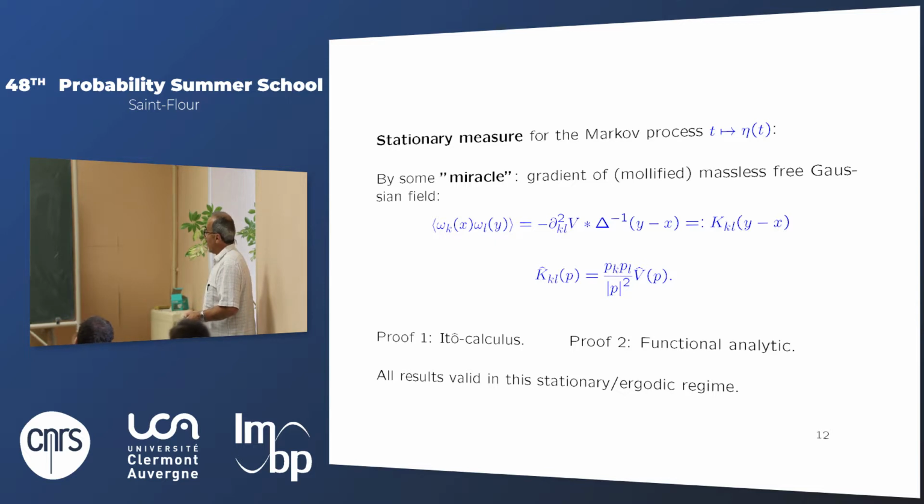What you see here is that it will be zero mean, and its covariance will be a covariance matrix between spatial positions. It's clear what I mean. So take the k-th component at the position x and the l-th component at the position y, because these are vector fields. It will be, this is the Green function, delta inverse is the Green function of Brownian motion, of the Laplacian,